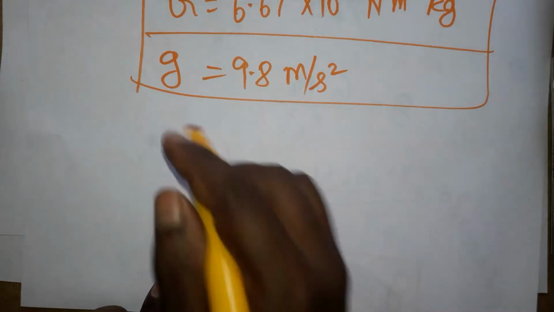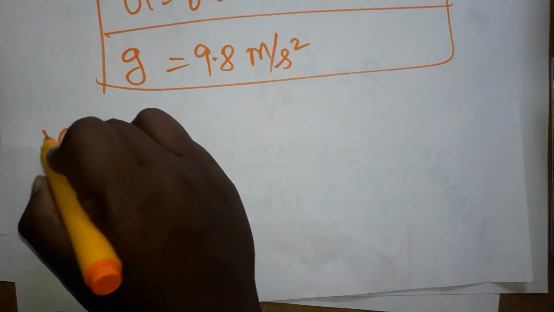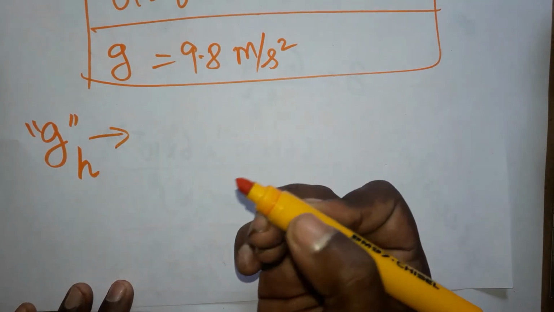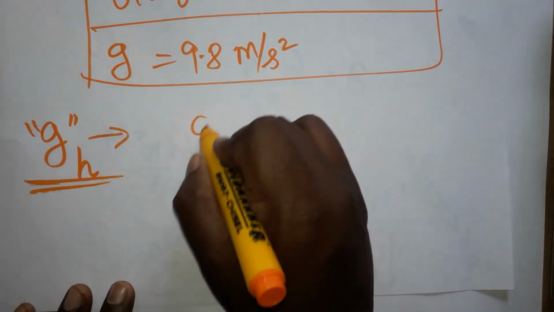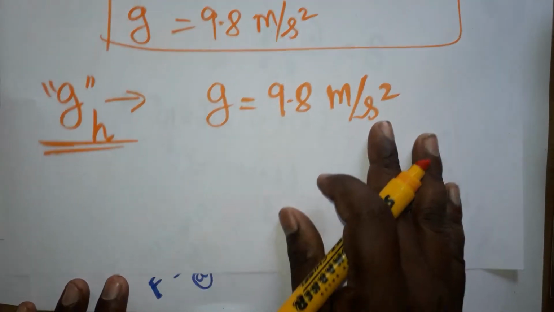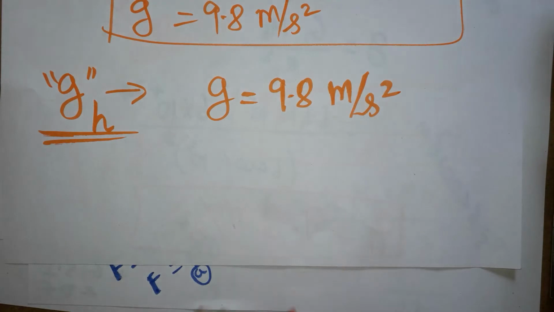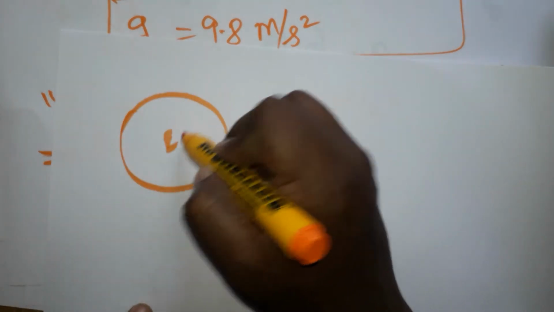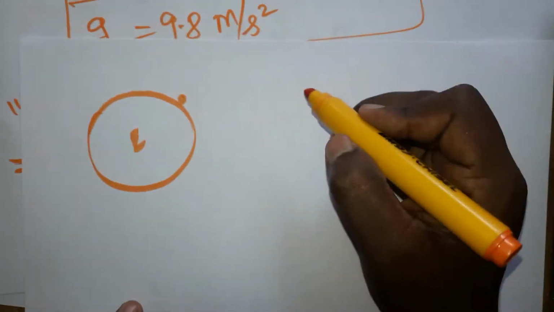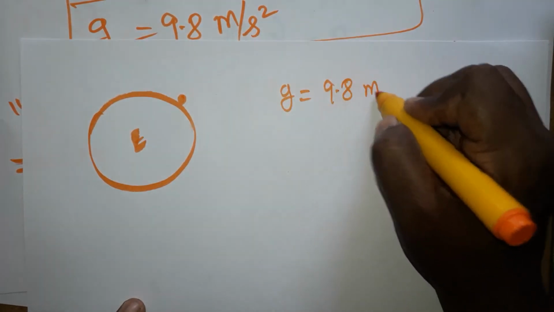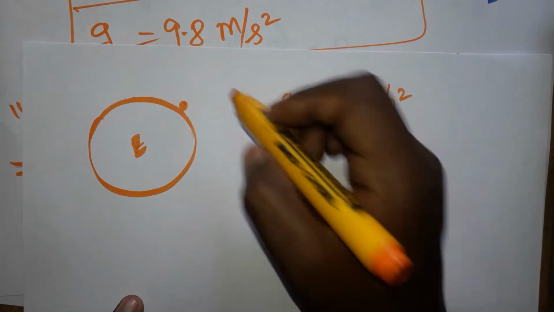Okay, now small g variation. So how is the small g going to vary? Acceleration due to gravity at some height. Okay, g on the earth surface we know it is 9.8 meter by second square. Right now, g at some height. We are going to calculate acceleration due to gravity at some height. Consider it is the earth. When the object is exactly on the surface of the earth, g is going to be 9.8 meter by second square.